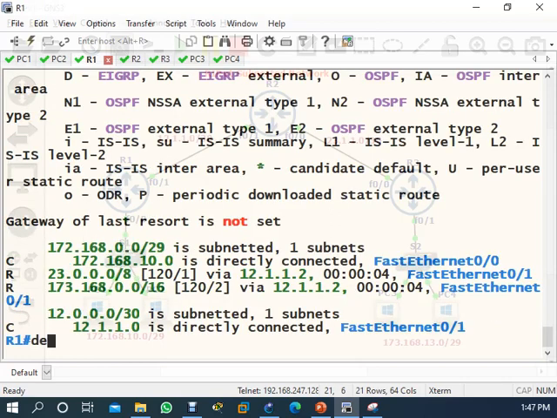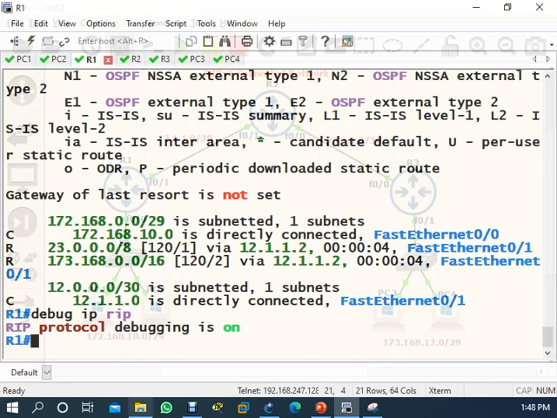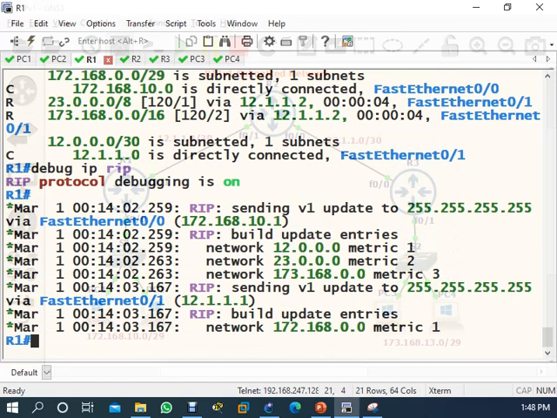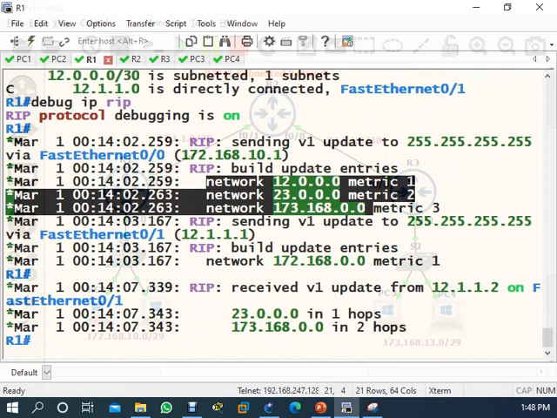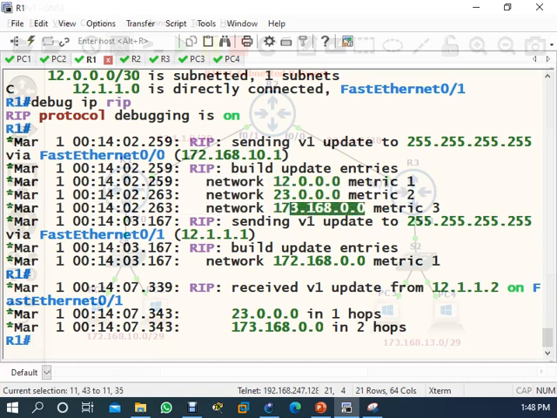If you run debug IP RIP here, see why the networks they are sharing are only the network without subnet mask. Why is it like this?